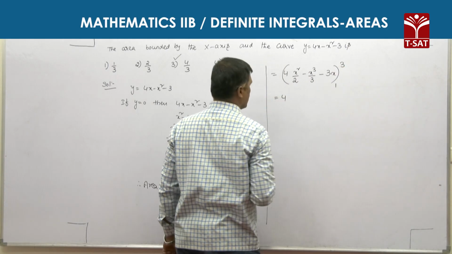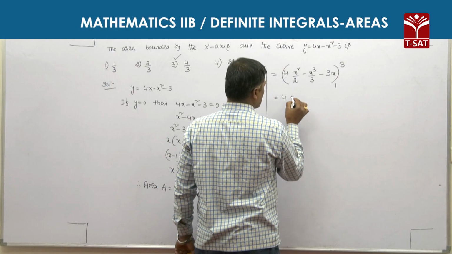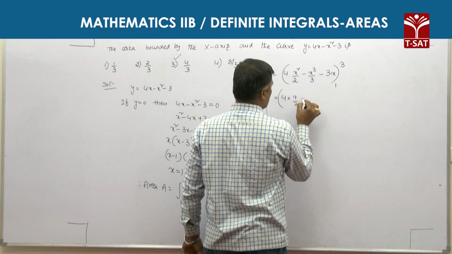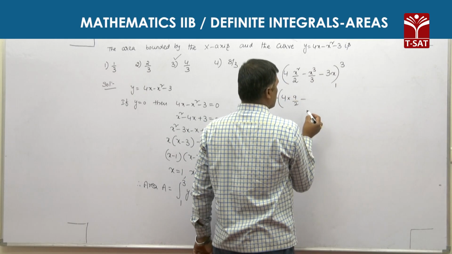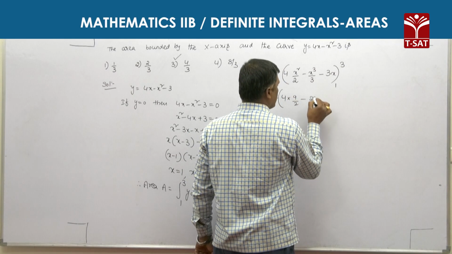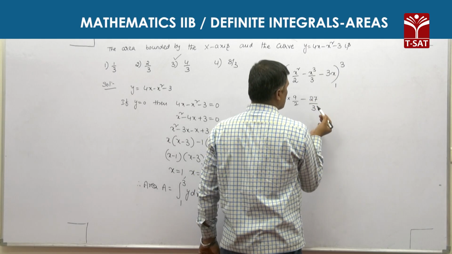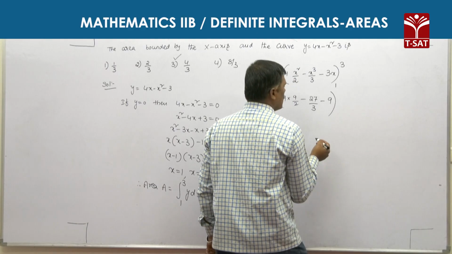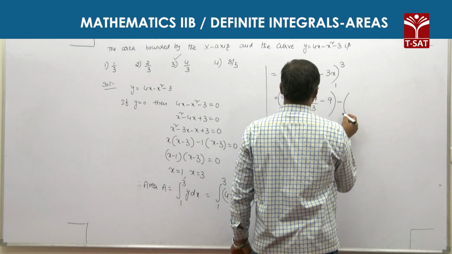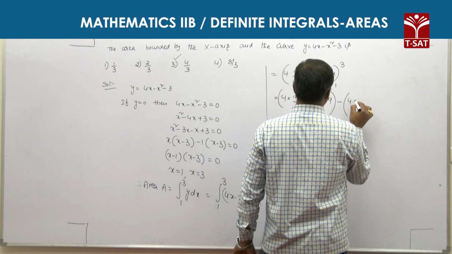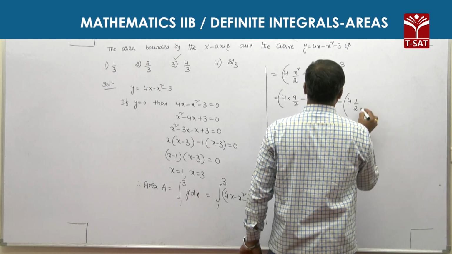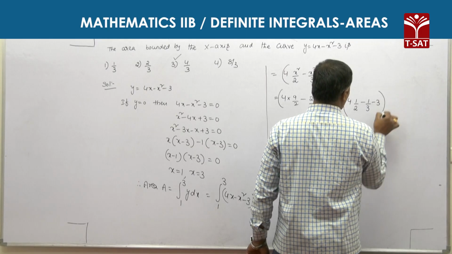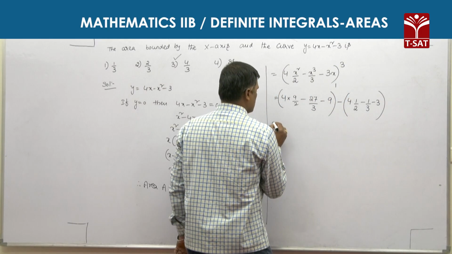That is 4 into upper limit 9 by 2, minus 3 cube 27 by 3, minus 3 into 3 is 9, upper limit minus lower limit 4 into 1 square 1 by 2, minus 1 cube 1 by 3, minus 3 into 1 is 3,